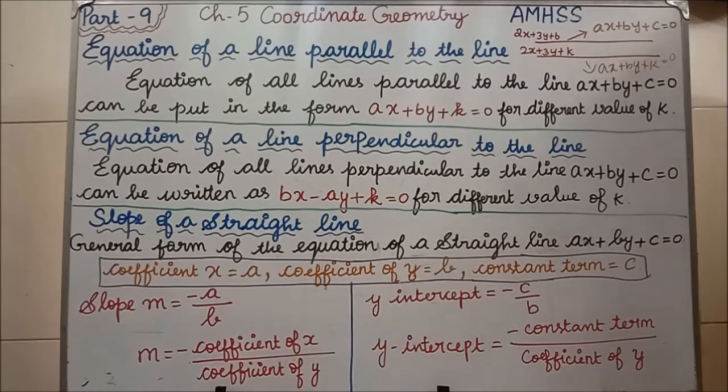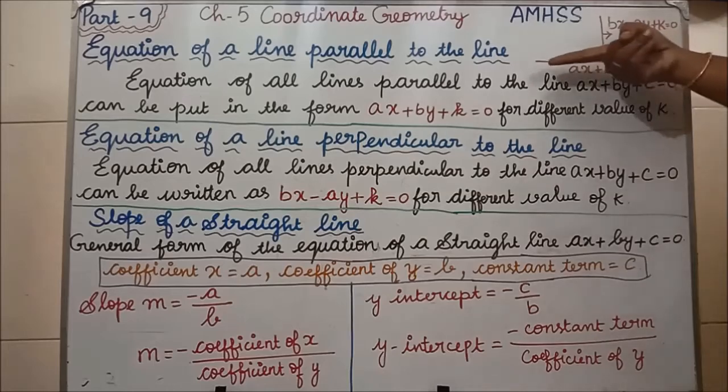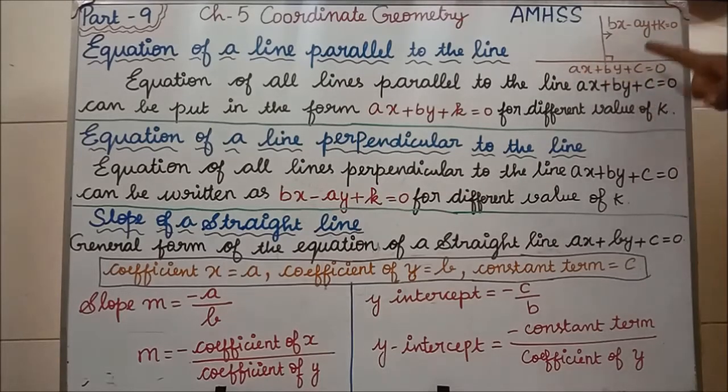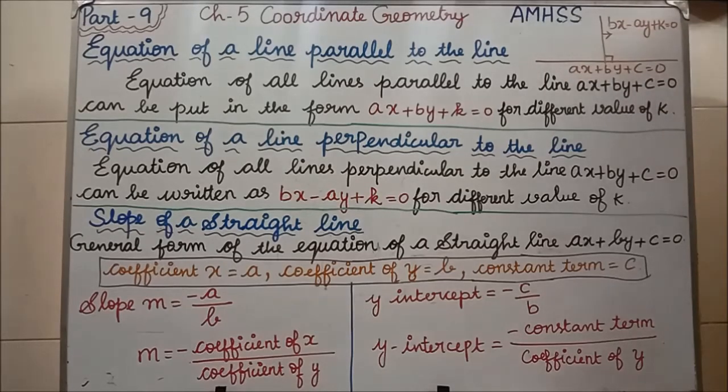When we are doing the problems, you will be very clear. Next, we will see the equation of a line perpendicular to the line. Students, the second one is perpendicular. This is our straight line. The straight line equation is ax + by + c = 0. To this straight line, if any line is perpendicular, how will that equation be? The b coefficient, which is the y coefficient, will go to x, and the x coefficient will come to y. Which means b will go to x and a will come to y.